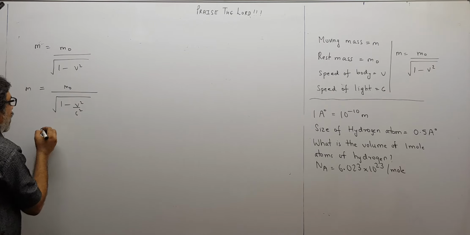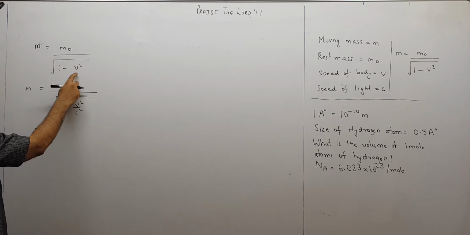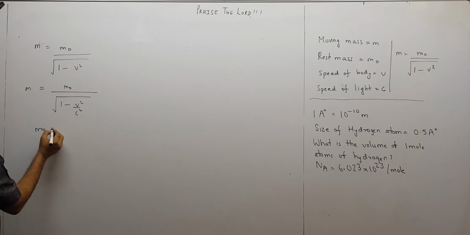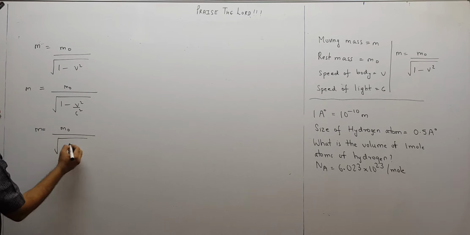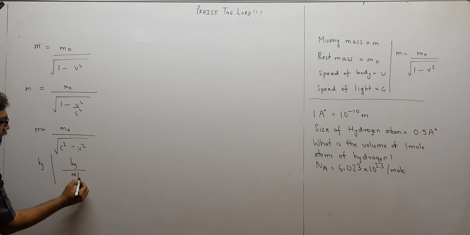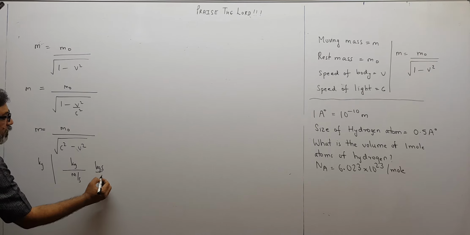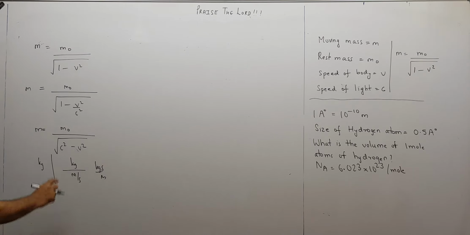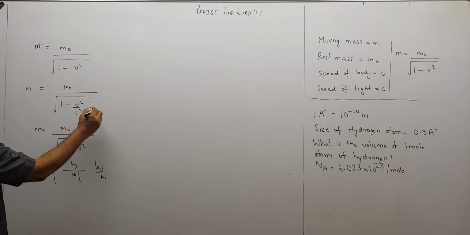Now don't think, children, that because this is meter per second square, I can write meter per second square over here. So you may think m equal to m0 upon root of c square minus v square. This won't be correct, because then the units on LHS will be kg and on RHS, this will be meter square upon second square minus meter square upon second square. So units will be meter square upon second square. Root will be meter per second. So the units will be kg second per meter. They are not matching. So we cannot put c square over here. So this is the correct relation.